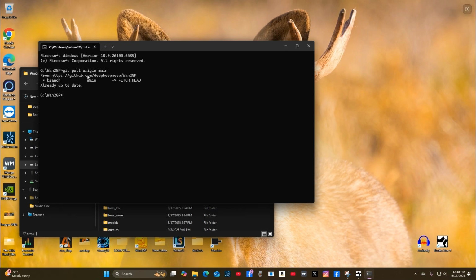It knows from your installation that this was your repository. You cloned it from github.com/DeepBeepMeep/Wan2GP. And yours might look a lot different because there could be some files here that you need to update to the newest version. So the next thing you're going to do is